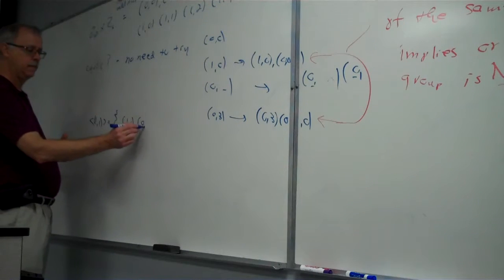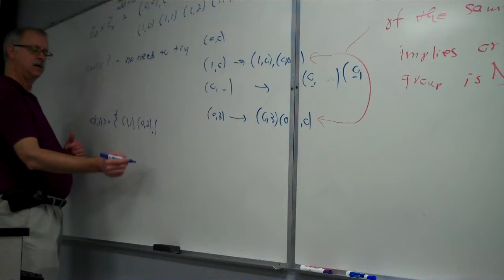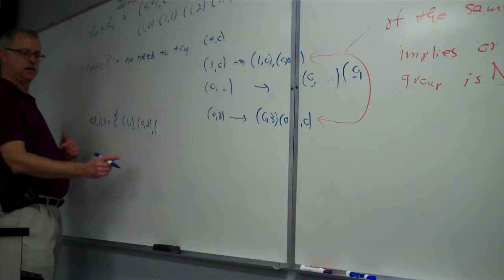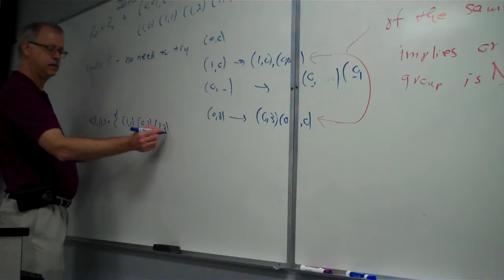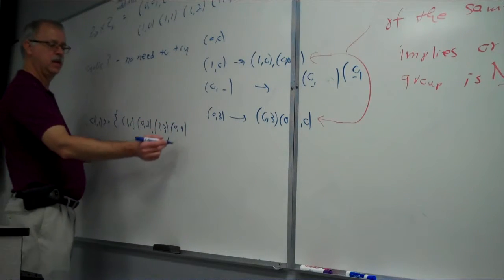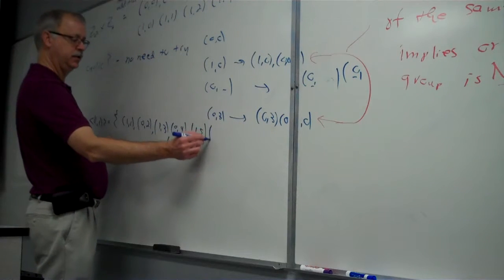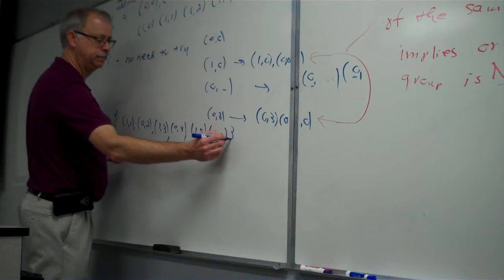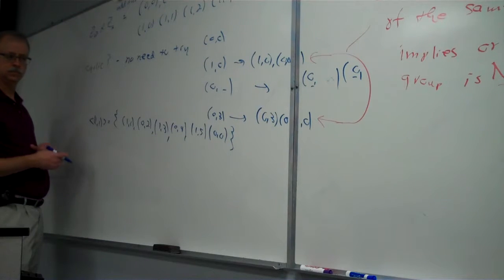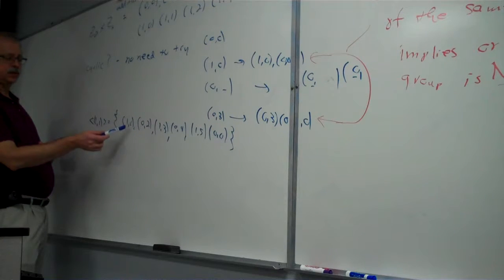0, 2. Then 1, 3. 0, 4. 1, 5. And then 0, 0. So let's see, looking at this,